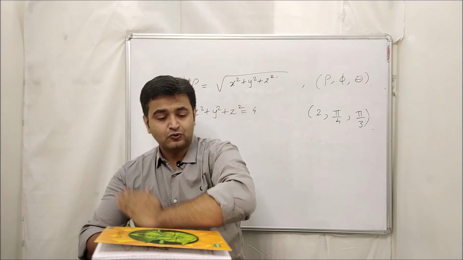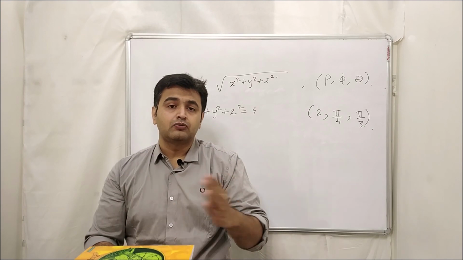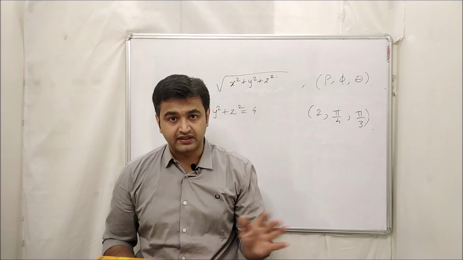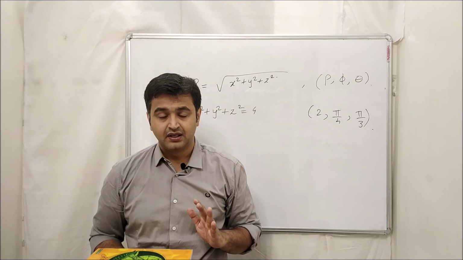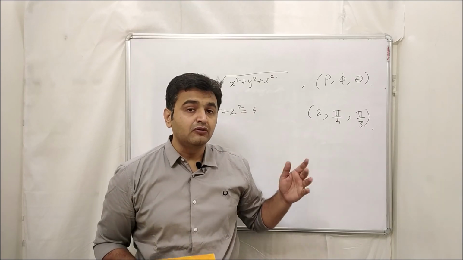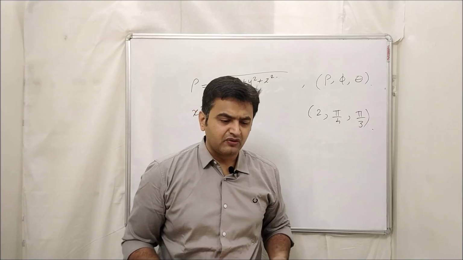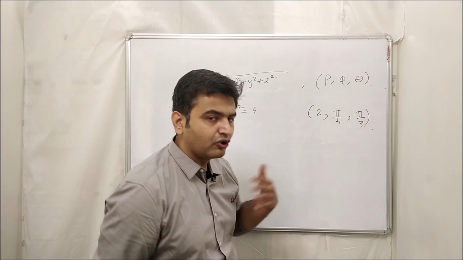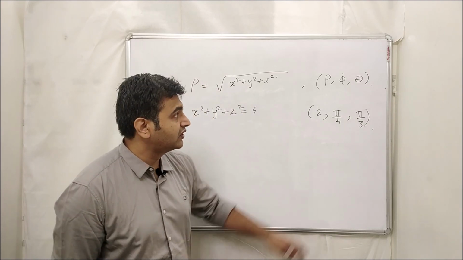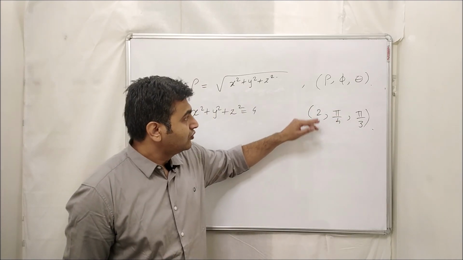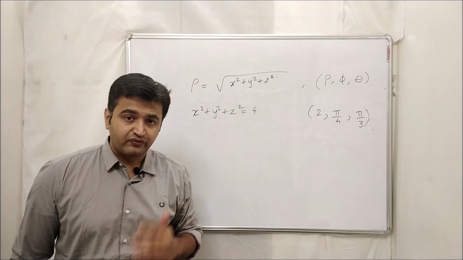So if you take 0 to 2 pi, you are getting that the cone is covering everything in the 3-dimensional space. That's why we only take phi from 0 to pi. I mean, this is one reason. Another reason is you want one-to-one correspondence. This should give you the unique point. So therefore, that's what the restriction on phi is.